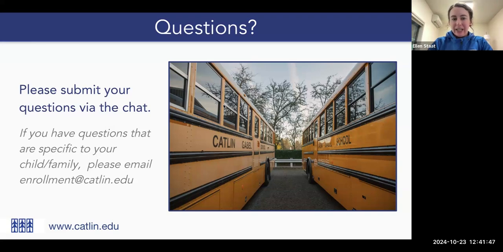So you definitely come and go, and we welcome you to come for as much or as little time as you're able to. And also on our website, I believe on our open house page, we have some PDFs of the schedule posted. So you can look at that ahead of time as well to see if there's anything specific that you're hoping to see while you're at Catlin.